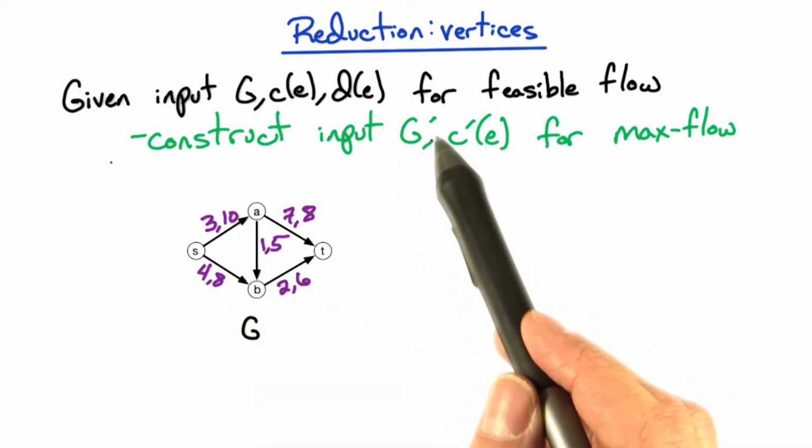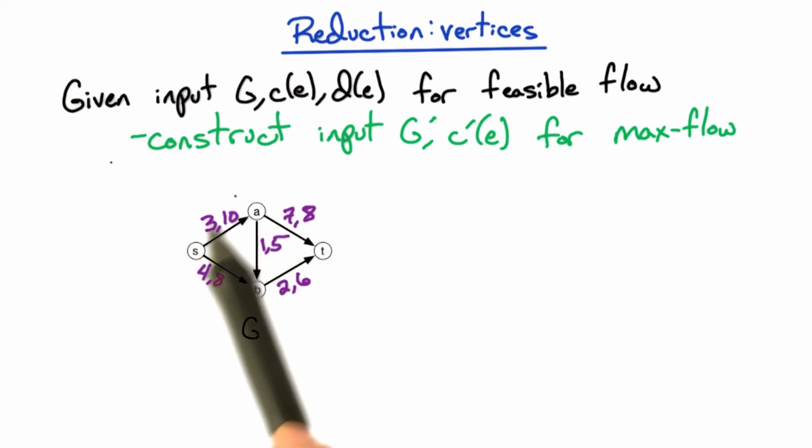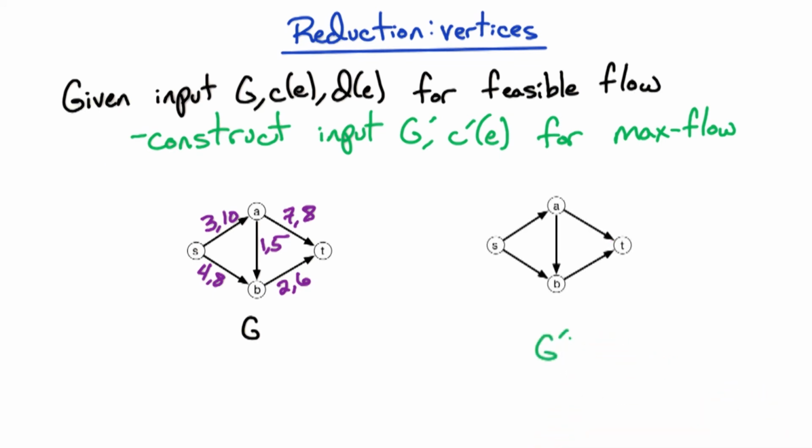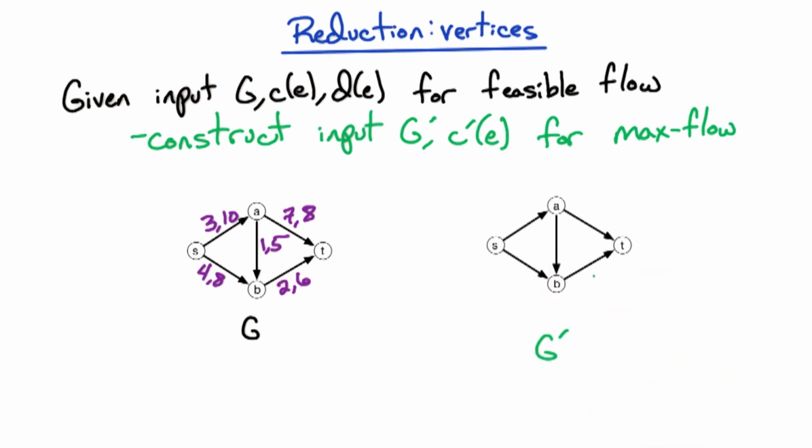Now let's try to create our graph G prime. Well, we want to keep all of this information, so we're going to keep the same graph G, and we're going to add additional vertices to it. So this is going to be our directed graph G prime, which is going to be the input to the max flow problem. So we're going to start with the same graph G that was the input to the feasible